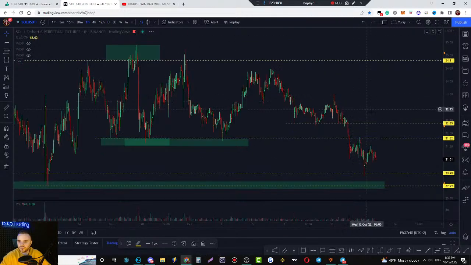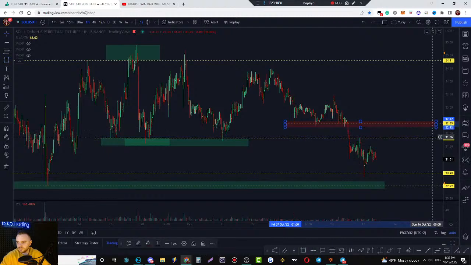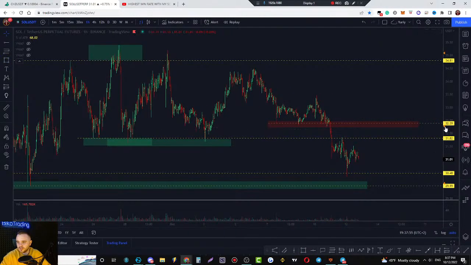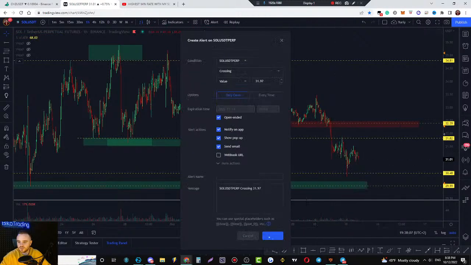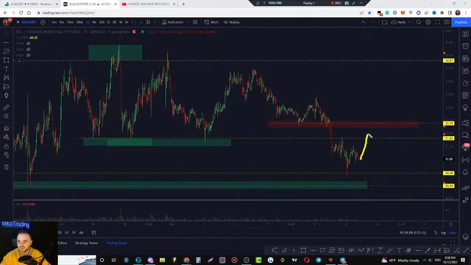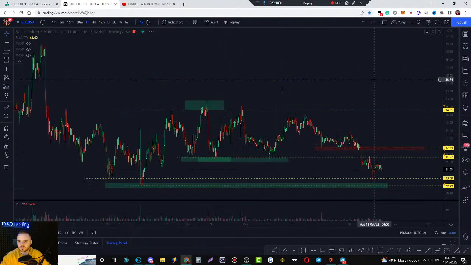From my point of view, for Solana, the best area for short is this one. We should set an alert here, and also pay attention to this one. Just to take short because you want to take short, I don't like such ideas. Better to take short if there would be some significant volume that would enter, something like this. Like this one, have a look. This beautiful trap and poof. We need something like this on Solana to take a trade.